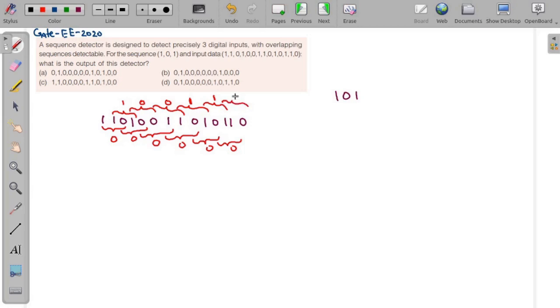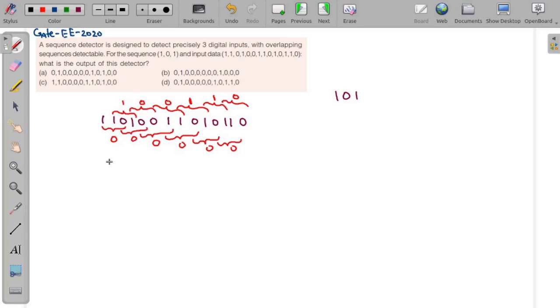1 0 0, which is not the same. So after 1 0 0 we will not be checking because there are no numbers. Now how should I write it? See, when I did, I was doing like this, first this lower, then upper, lower, upper. So how will I write it?